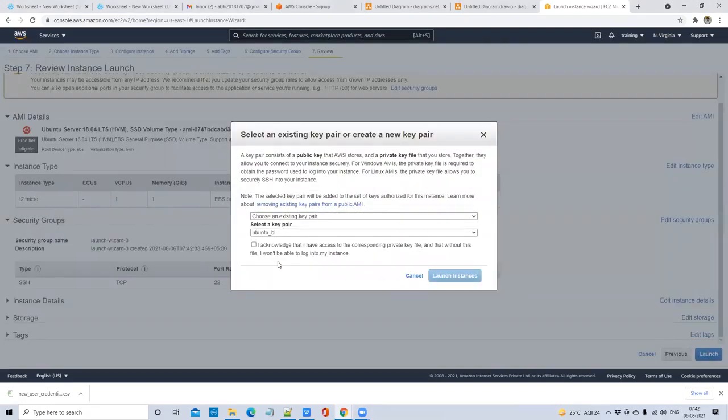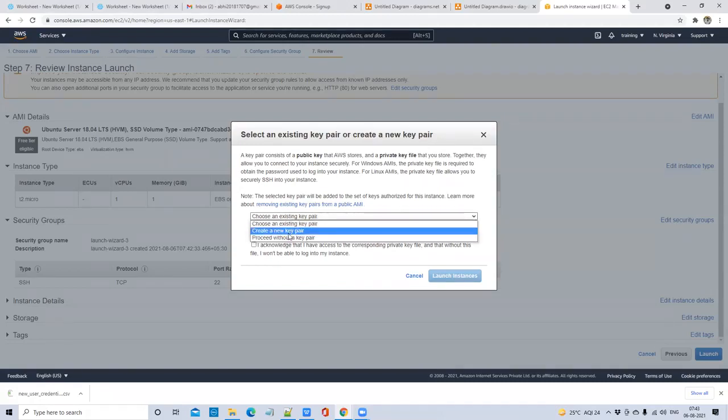Now, once your machine is created, to log into your machine, generally we use username and password, right? But here there is a different approach. You will have public and private key pairs. So you need to supply that private key. It will be a file generally. If you supply that file, then only you can log in to that machine. So how to create that key?